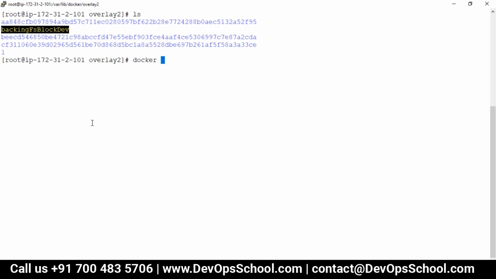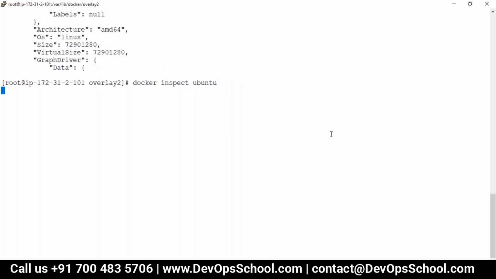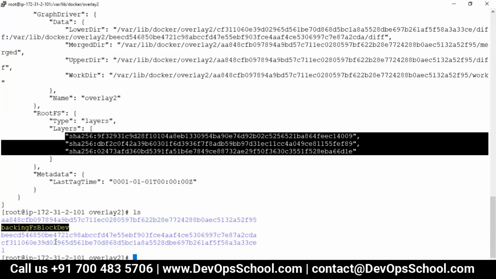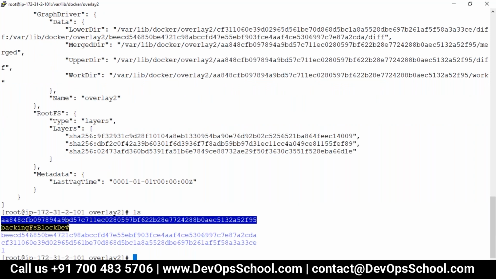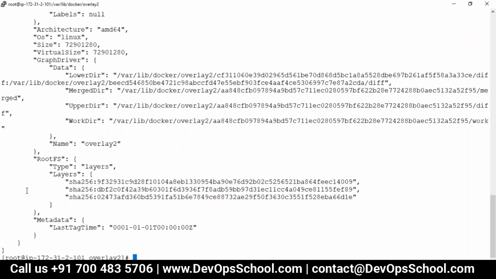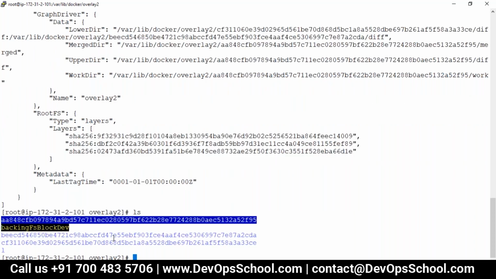There are multiple commands. First you do the image inspect command, which you know very well. Now you can utilize it. Here it is, and you see these are the layer IDs. Don't try to match the numbers of this directory and this layer ID. This is the layer ID, this is the directory ID, so both are different. All this is managed by the SHA-256 algorithm, so don't get into that. Just match the numbers, that will be easier for you. Right now we have 3 layers, 3 directory structures, all identified by a unique 40-character hash value and stuff like that.